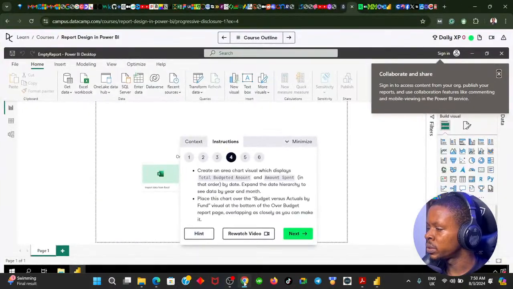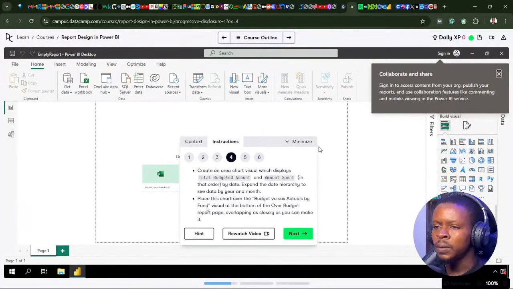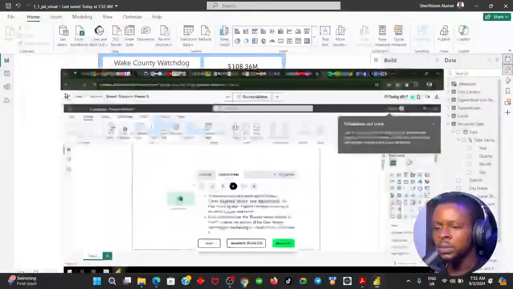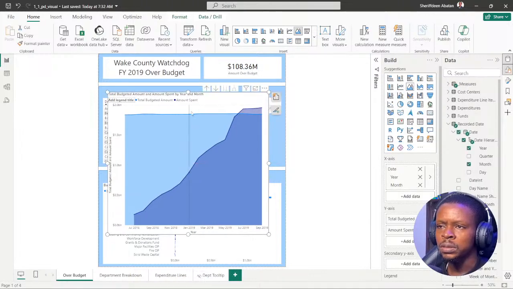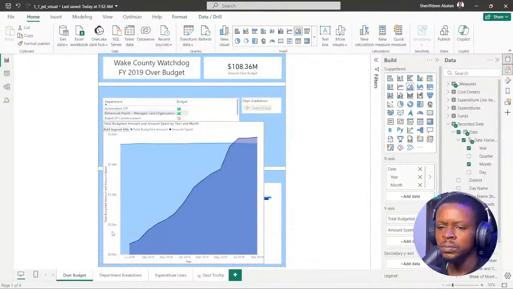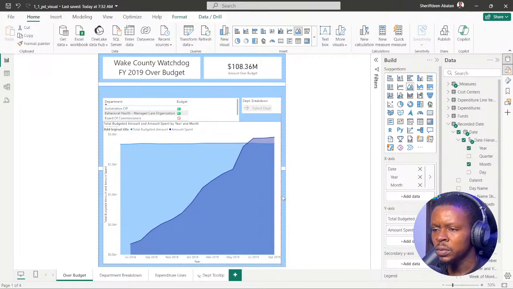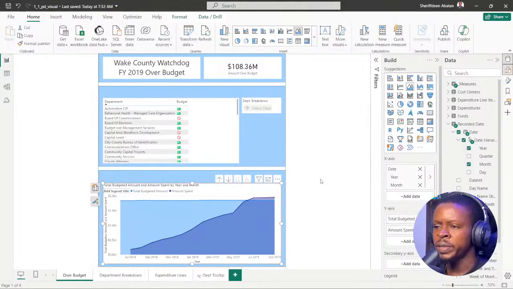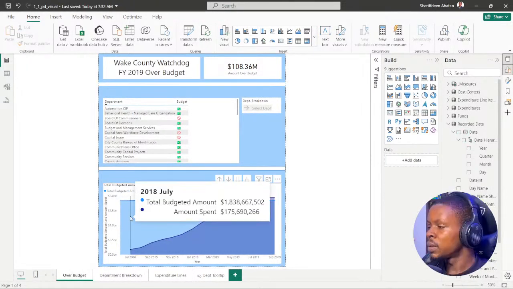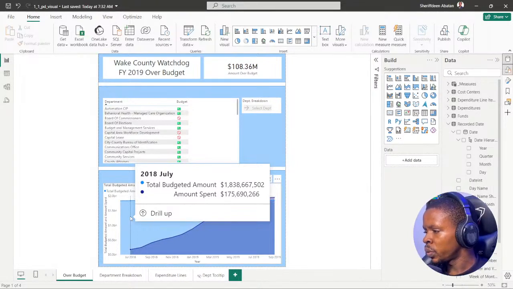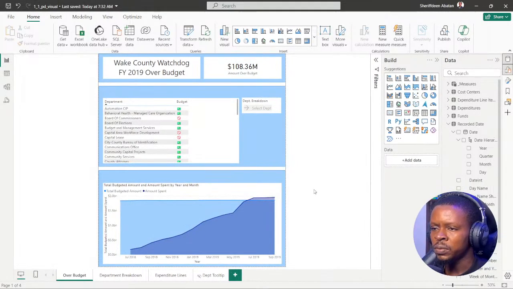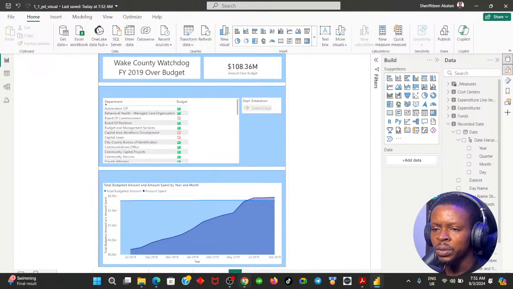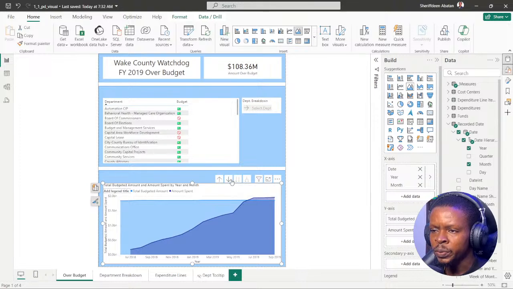Okay. Now the next instruction says, place this chart over the budgeted versus actuals by font. So I'm going to place it over this little chart here. Okay. So I think we're going to hide and show it. Okay. And this is better. So we have two charts above one another. So we're going to show it over using some buttons there, I guess. Now, if I select it, I should be able to filter, drill down,